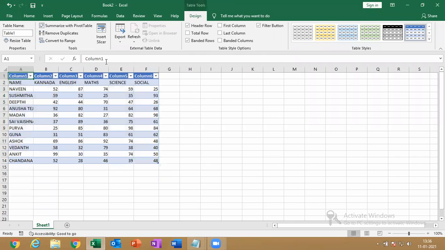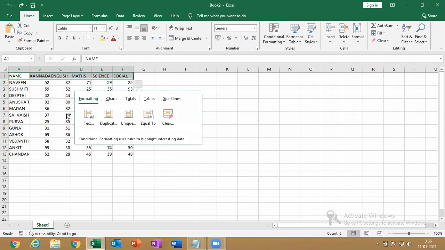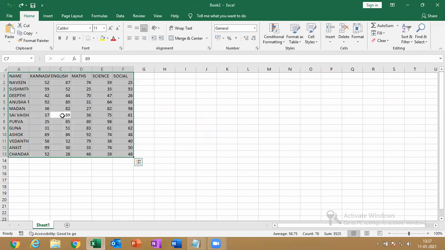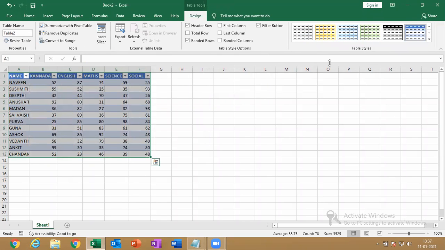Just click that and then you can rename this. If not, you already have the column headings. This is my table headings. So then Control T, enable my table as headers and just click OK. Once I click OK, the range that I've selected has been converted into a table.